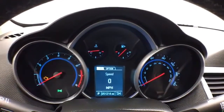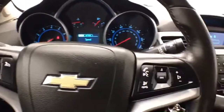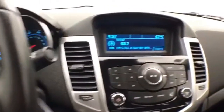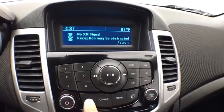Gauges with driver information system, cruise control, steering wheel mounted audio controls so you can keep your hands on the wheel, easy to operate radio and CD player. It's also satellite radio capable,